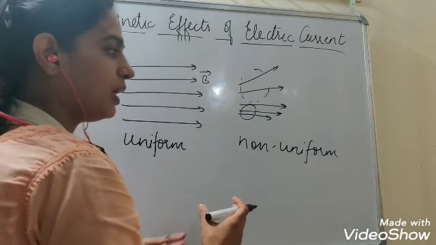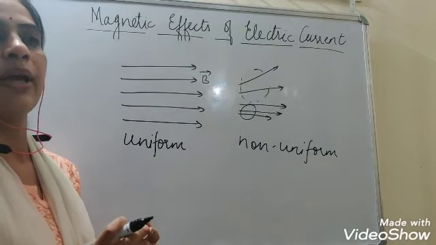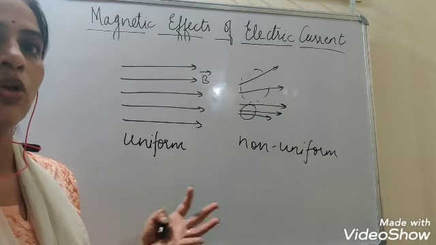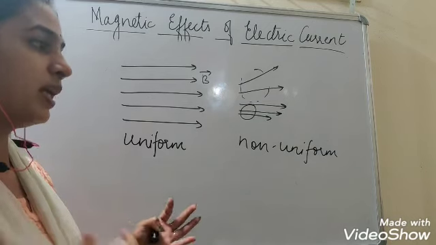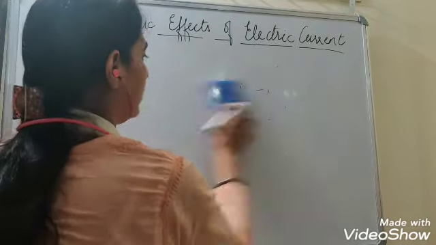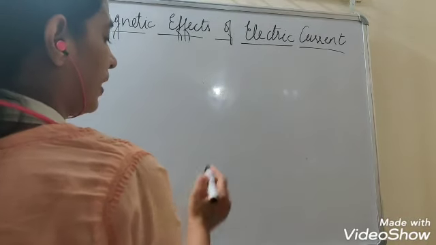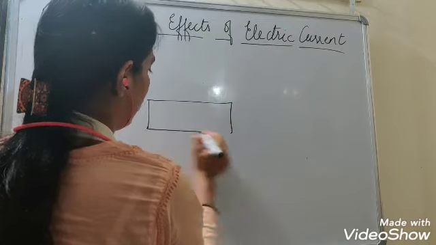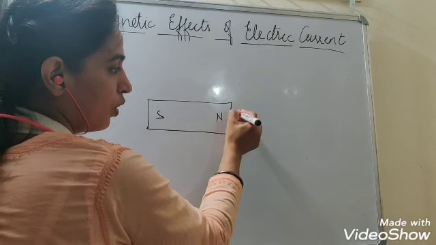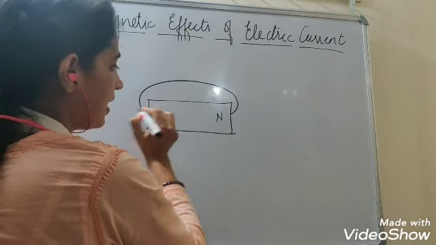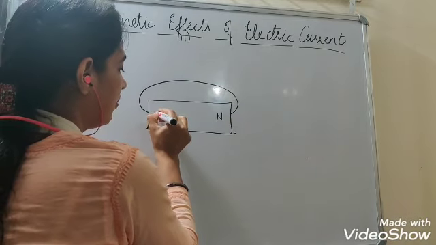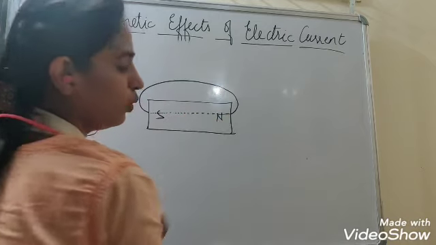Okay? Generally we see a uniform magnetic field can be created with big magnets by placing the north pole and the south pole of a magnet on the opposite side. So the magnetic field lines will be uniform in that place. Okay. One more important property of magnetic field lines is that if you have a bar magnet, the magnetic field line starts from the north pole and ends at the south pole external to the magnet. Okay, and inside the magnet they go from south pole to north pole.